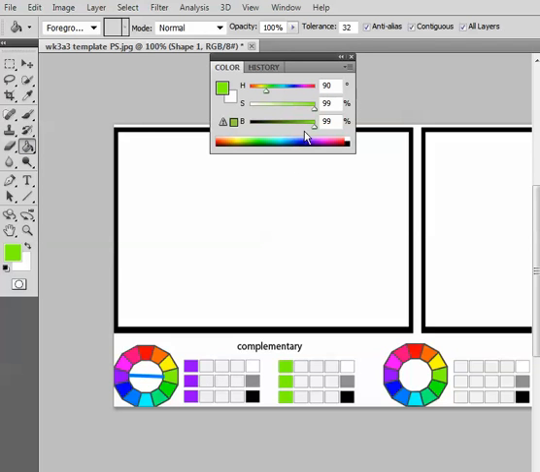We'll start with the green since I have it up, and I'm just going to keep adding more white to the mix until we get a nice light tint. And then for the tones, I'm going to keep adding gray, and I'm using a darker and darker tone of gray as we go across. And then for shades, I'm going to add black,